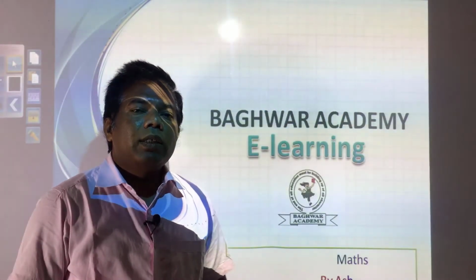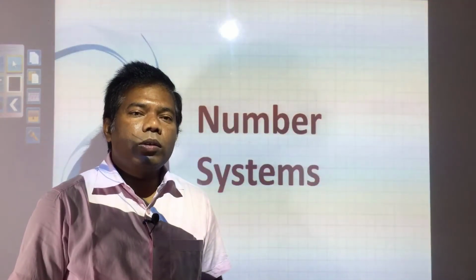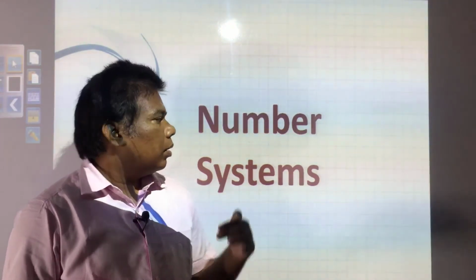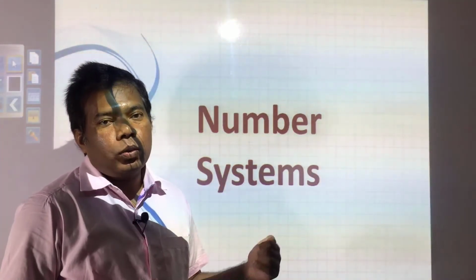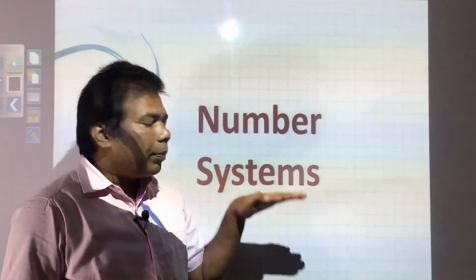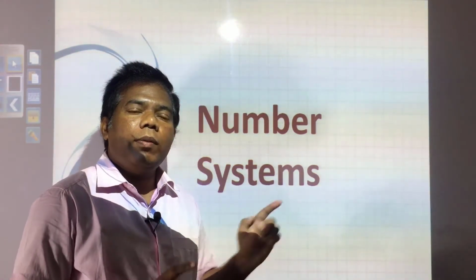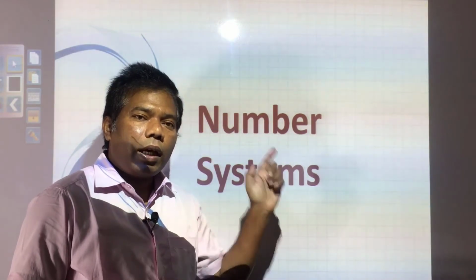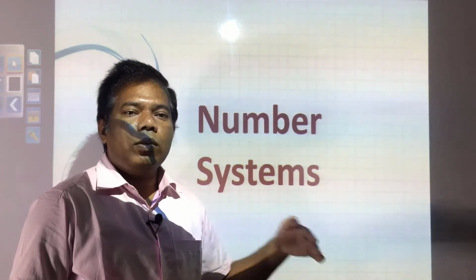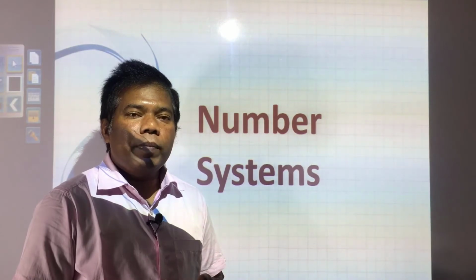We have been doing exercise 1G. We have already solved the examples and even started the exercise. Up to question number 10 we have done, and the rest of the questions I am going to do today. But before that, I would again request you to be thorough with everything we have done up to now. It means each and every question from the solved examples and the exercise, whatever portion is there in your book, must be there in your notebook.